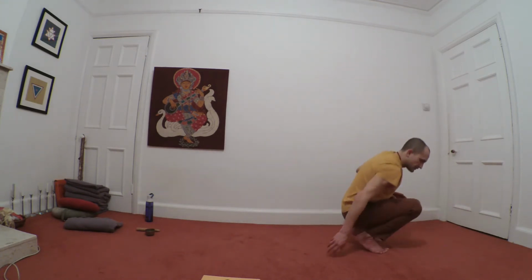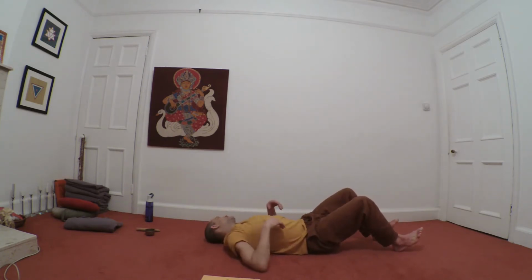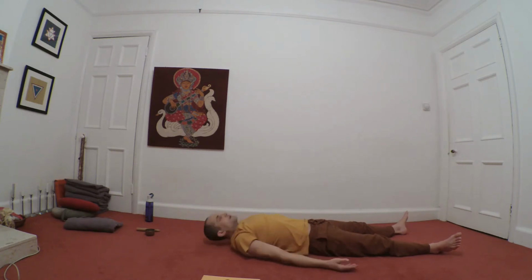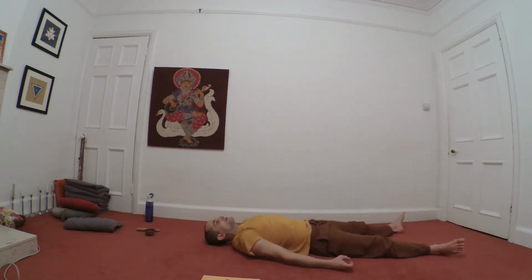And then rest the whole body in Shavasana. So Shavasana is when you lie down on your back on a hard surface. You check that the legs are equal distance apart from the center. So are the arms, palms are facing up. Adjust the whole body so it feels balanced and comfortable, and then close the eyes